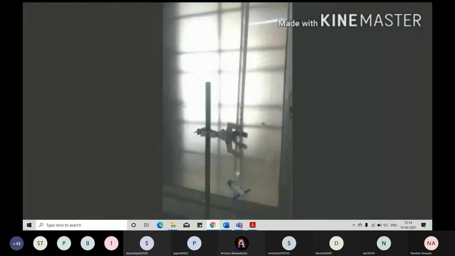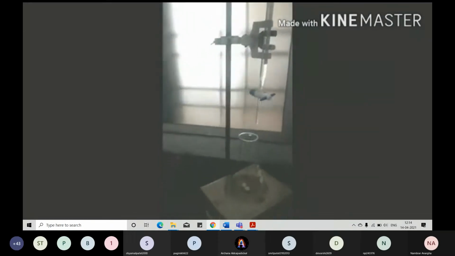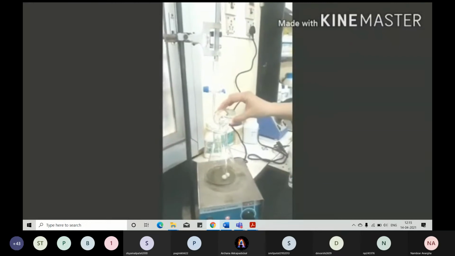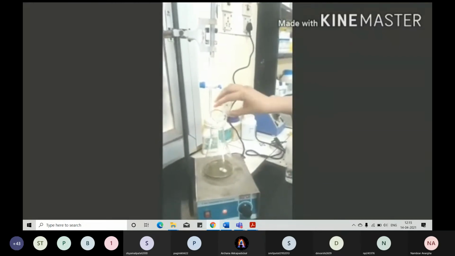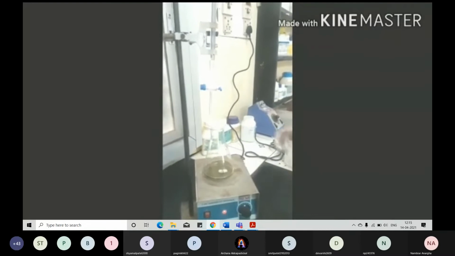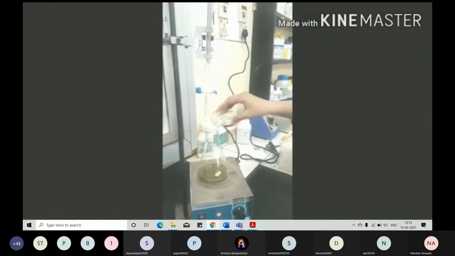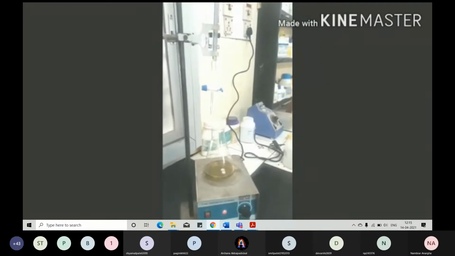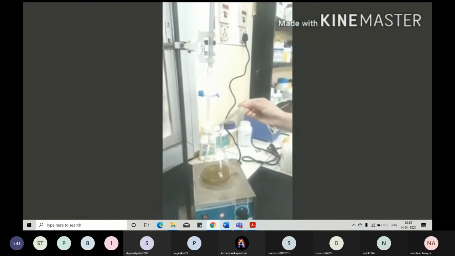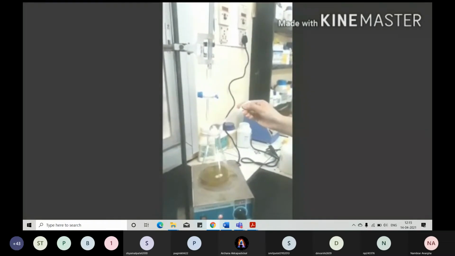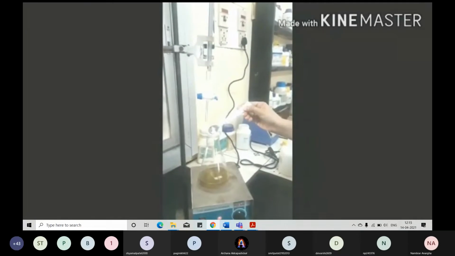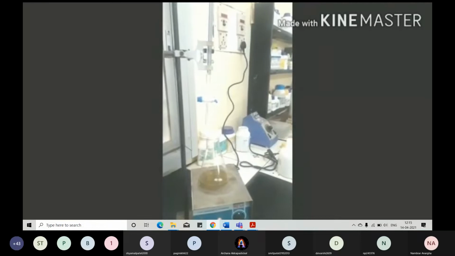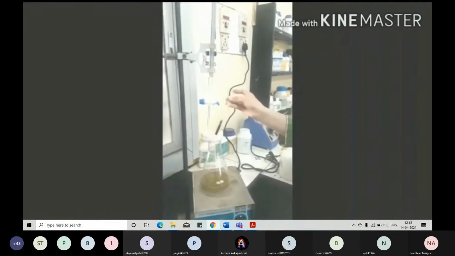For the estimation of iron, take the standard lead nitrate solution in the burette and pipette out 10 ml of the metal mixture in a conical flask. Place it on a magnetic stirrer. Dilute this solution with 20 ml of water and to this add 20 ml of EDTA solution. Add hexamine to maintain the pH of the solution between 5 to 6. Add few drops of xylenol orange indicator